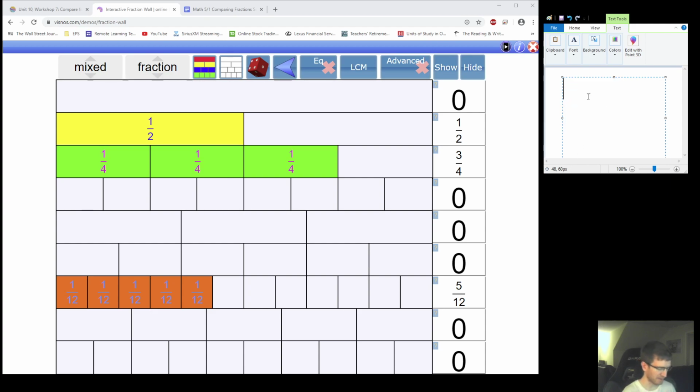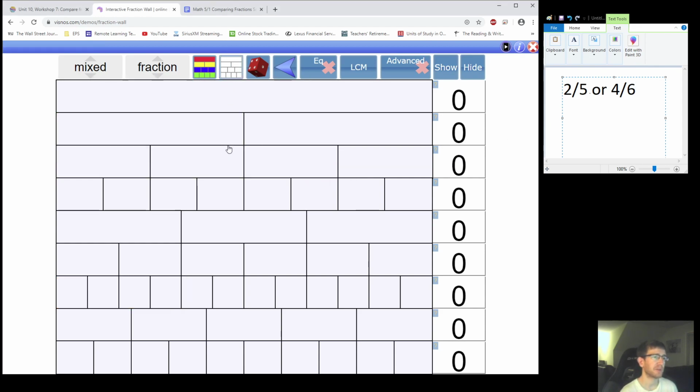So let's think of this one right here. 2/5 or 4/6, which is greater. We're gonna think about it in terms of 1/2, because you could quickly model on here 2/5 and 4/6 and see which one's bigger. But if we were to go with thinking in terms of the benchmark 1/2, okay, so